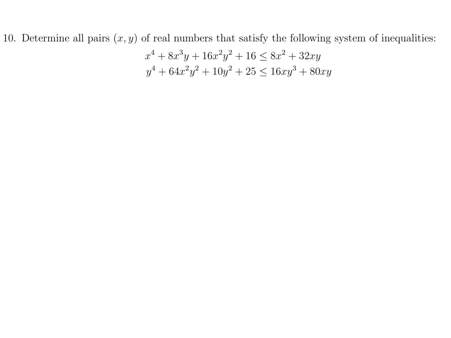Determine all pairs xy of real numbers that satisfy the following system of equations. Let's start with this one right here. Let's put everything on one side, and when we do, we need to somehow manipulate this. Minus 8x squared minus 32xy is less than or equal to 0. And